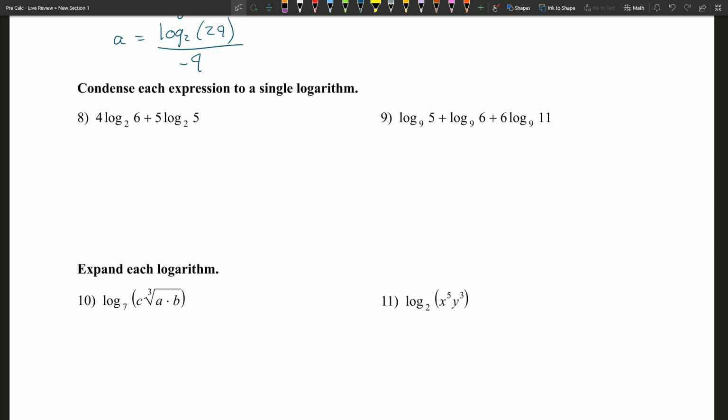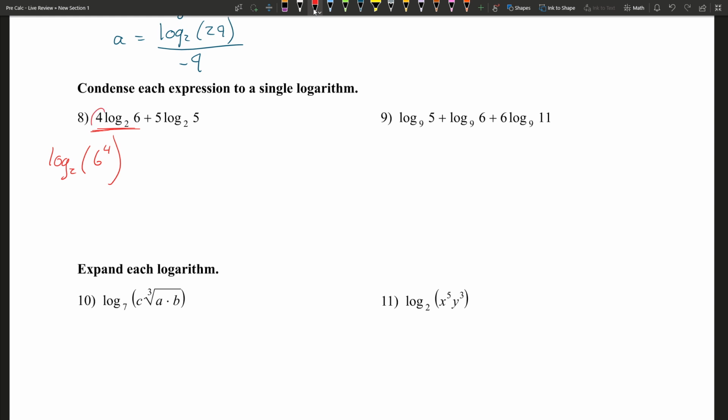Okay. Numbers 8 and 9, we want to condense those two equations. In order to do that, we're going to be using the power property, the quotient property, and the product property. So number 8, just look at what's underlined in red. We can condense this into log base 2 of 6 to the 4th,